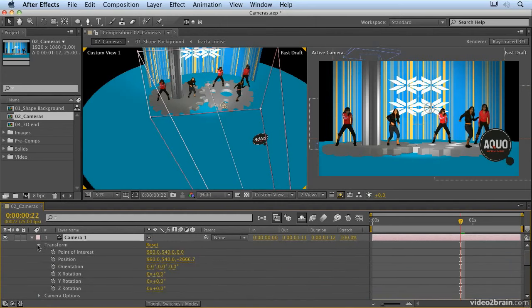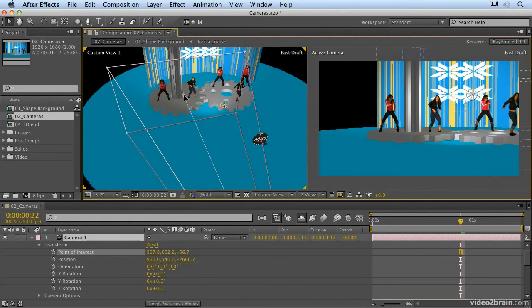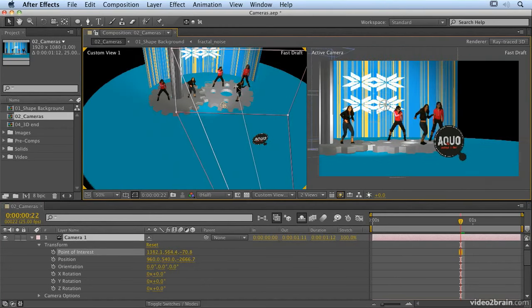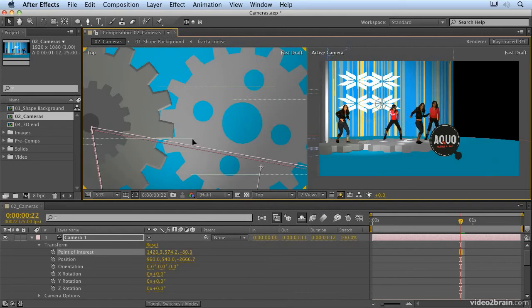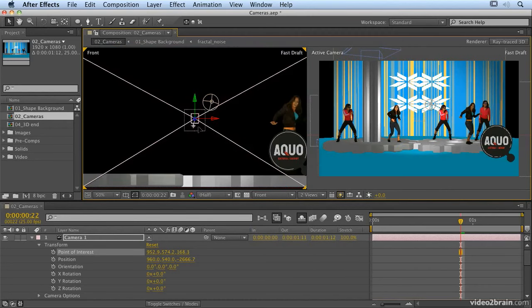We also have transform properties, and the transform properties for a camera are slightly different to other layers. You'll notice that we have something called a point of interest. And this thing here is the point of interest. And if I drag that around, you'll notice that determines what the camera points at. And so whatever I'm pointing at with the point of interest will be in the center of the comp. And you can use that in lots of different views. So we could go to the top view, make sure our point of interest is at the correct focal plane. So we want it round about in the middle. Then we can switch to our front view, and then just decide which character we want to drag the point